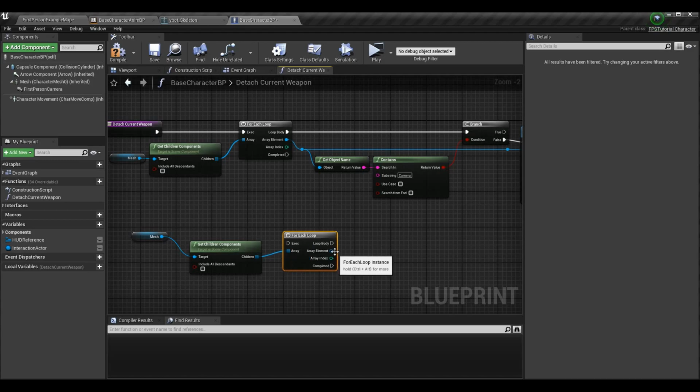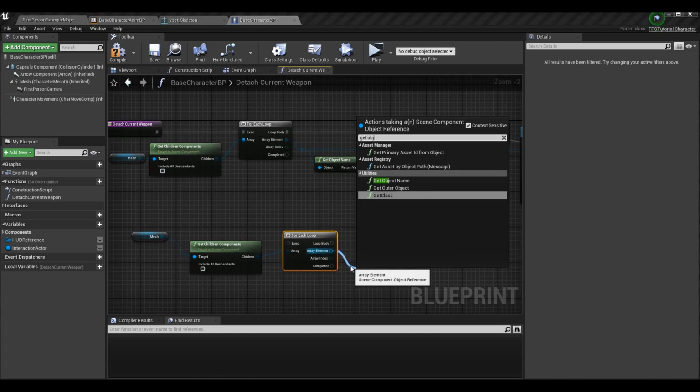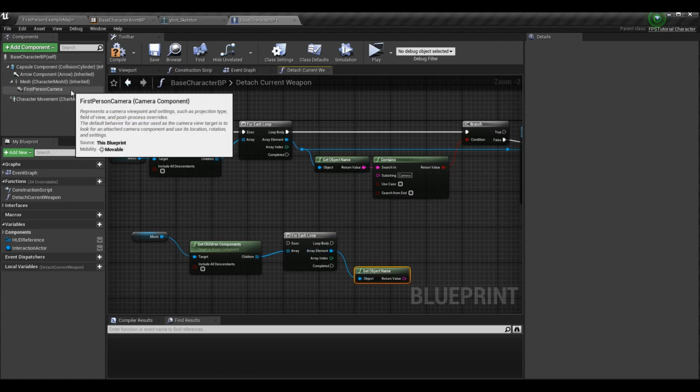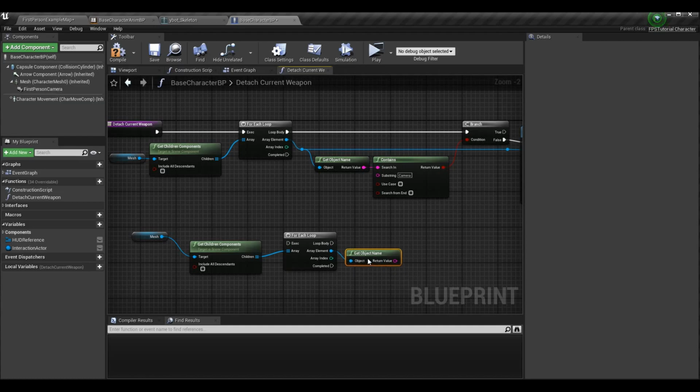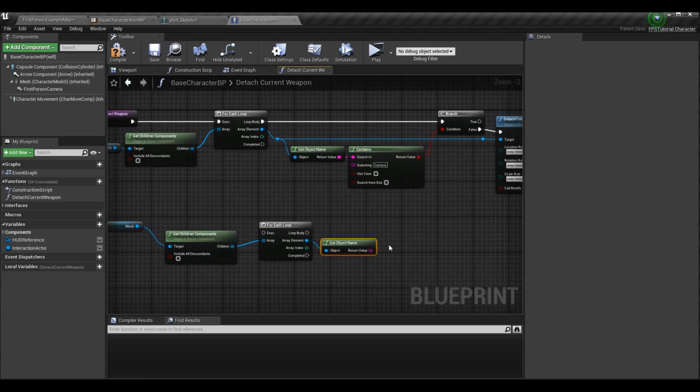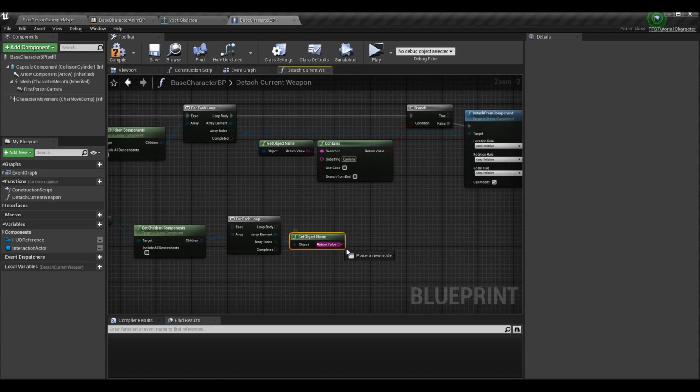Right? We get the object name. This one is a little bit of a hacky method. I just want to make sure that it's not a camera. We have our first person camera here that now handles where our view is. We don't want to remove the camera by mistake. We could have multiple things attached. So for now, I'm just going to get object name,